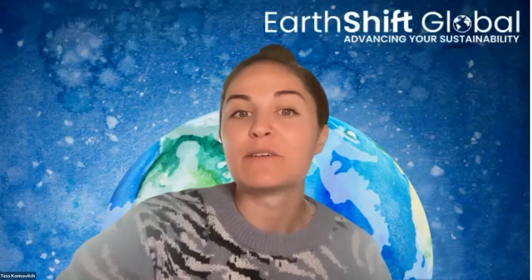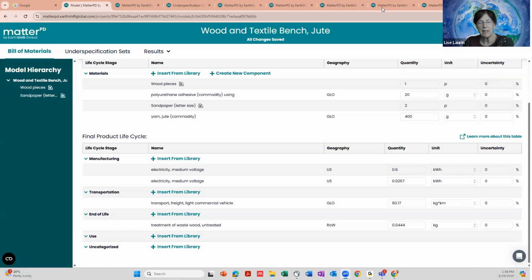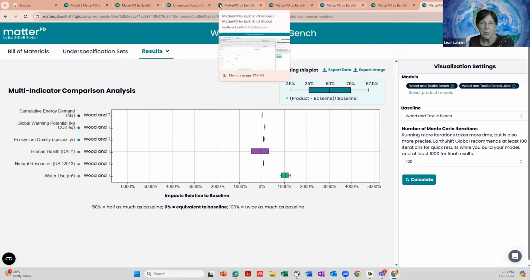So the first is, for underspecification, is there a way to understand the confidence interval when presenting underspecified LCAs with underspecified info? And the answer is yes. If you consider that last graph that Amalia was showing, and maybe you could show it again, Amalia, the comparison with all the indicators, you'll see that we have the variability shown.